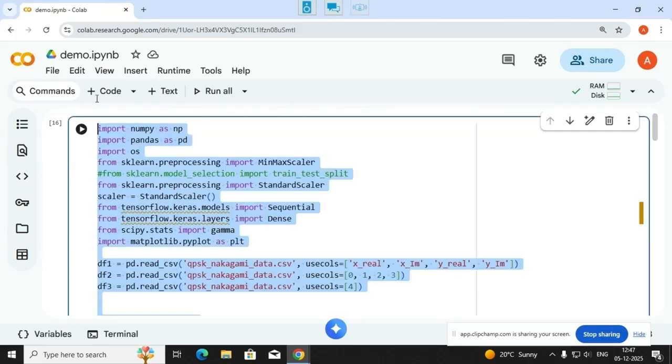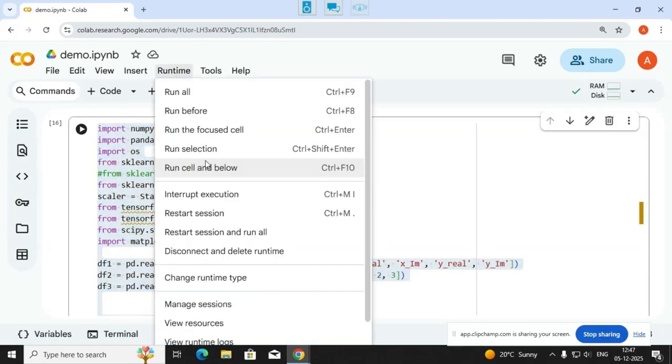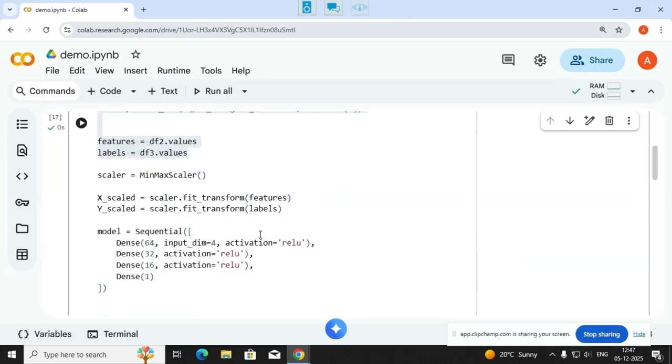If I just run this part, now df2 will have the four features, and df3 will have the channel CSI values.